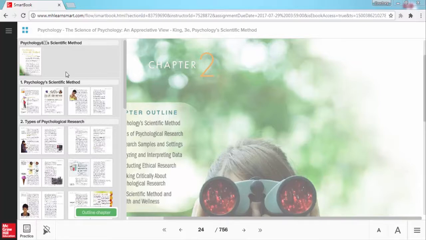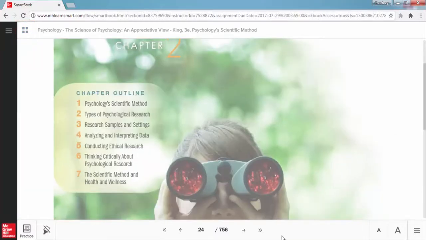Before starting to read, a good tip is to preview the chapter first. By default, the chapter preview panel on the left will be open, so that you can explore the key topics and see how the chapter is organized. When you are ready to start reading, just close the preview panel by clicking this icon here. Now I'm going to go to the next page of this chapter so we can take a look at the